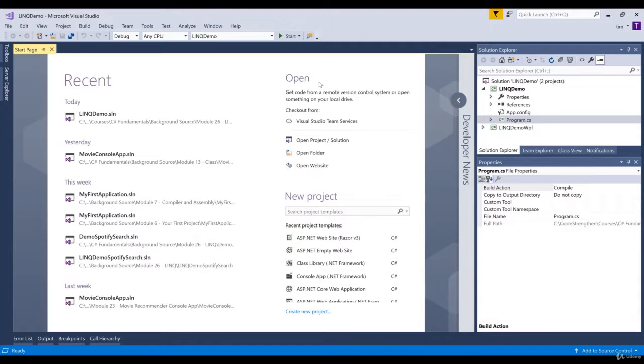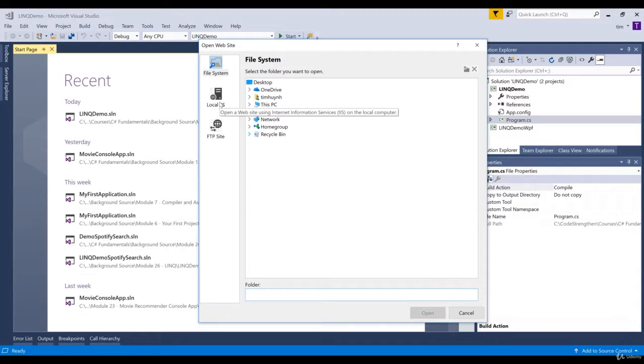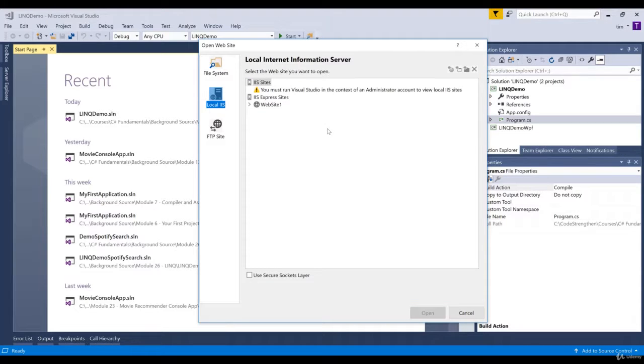The next column is the Open shortcut, which provides 4 different links that will open the Browse window. You can then browse for an existing project solution, folder, or website in IIS. IIS is Internet Information Services and is a Microsoft web server. You can use it to test your ASP.NET website and web application on your local machine without involving any production